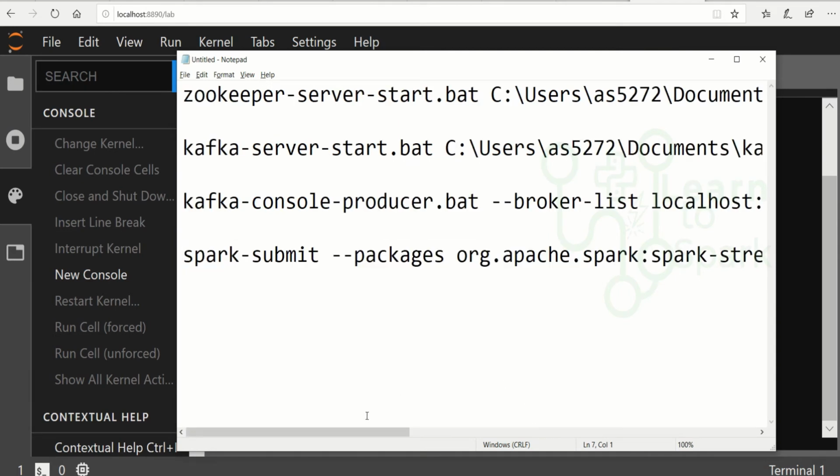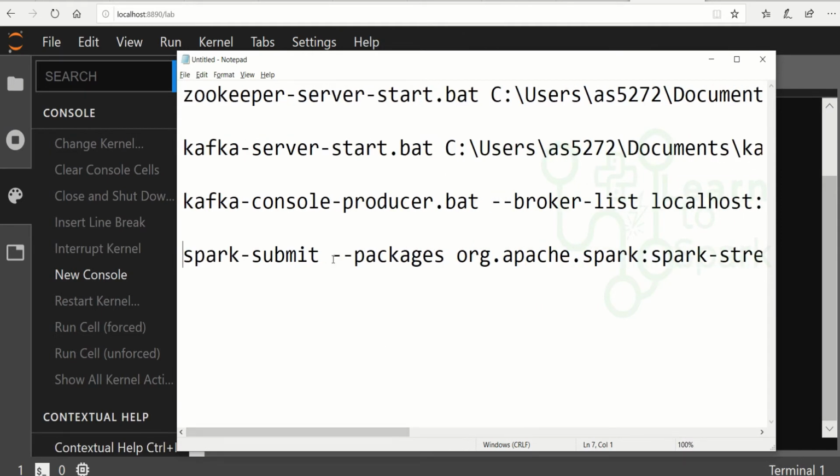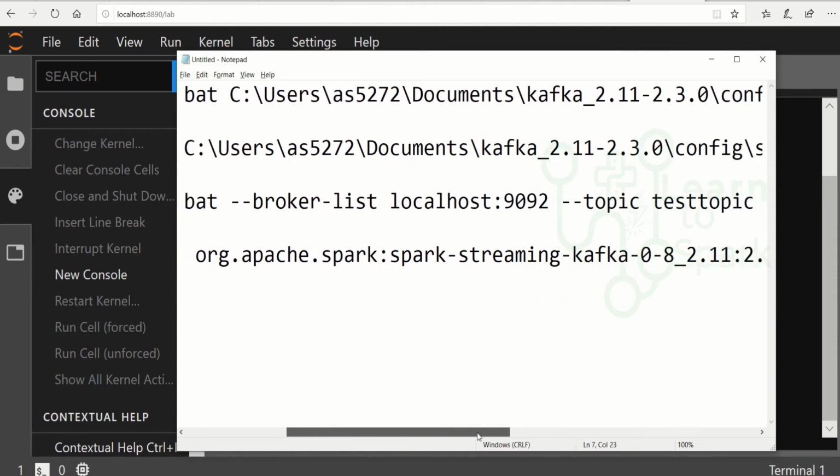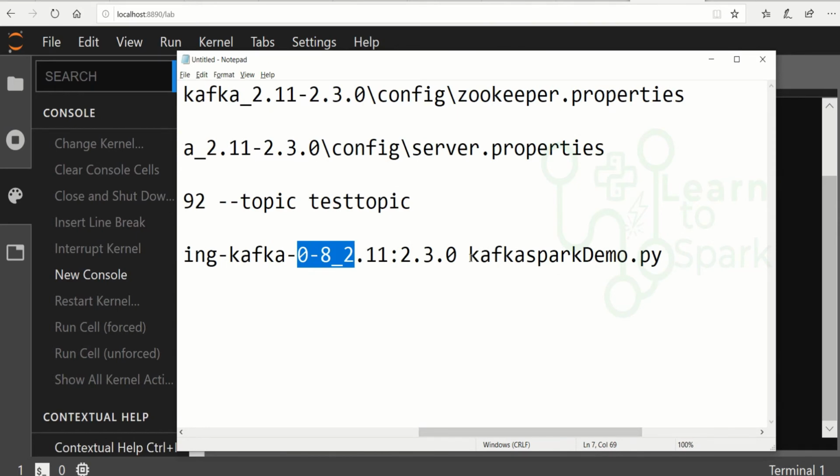For submitting the Spark job, we have to accompany a package along with that. For doing that, we have to give a keyword --packages, and define the external package that we are going to incorporate with this. Here we are going to give a group ID as org.apache.spark, and the package name will be spark-streaming-kafka. The point to notice here is we are using the version 0.8.2, whereas while using Scala, we used 0.10. This is because 0.10 is not supported in PySpark. That's why we are using 0.8.2. And finally, we are giving the script name, kafka_spark_demo.py.